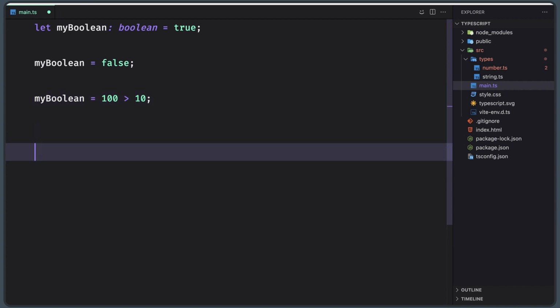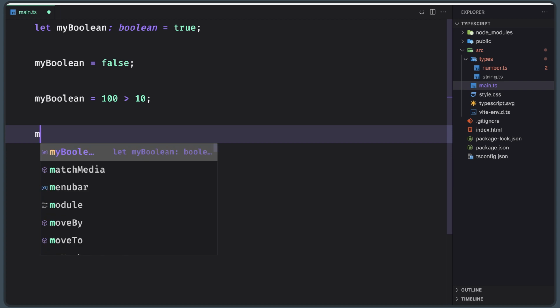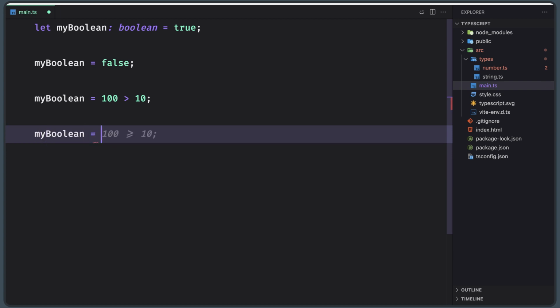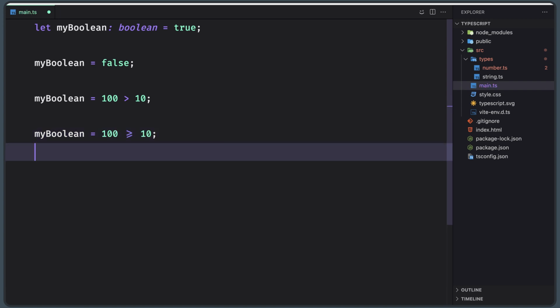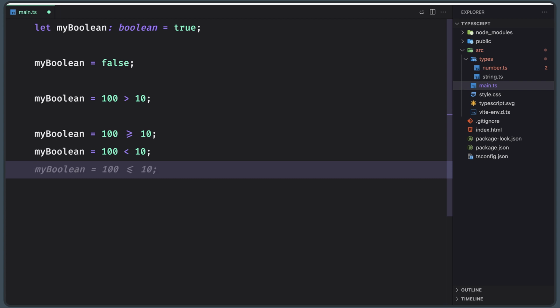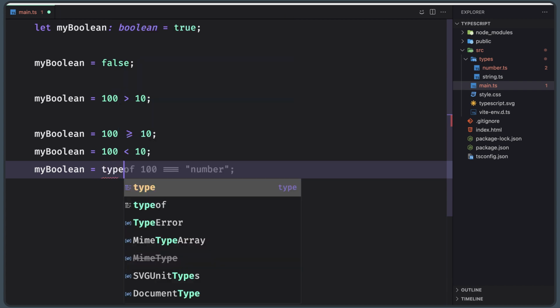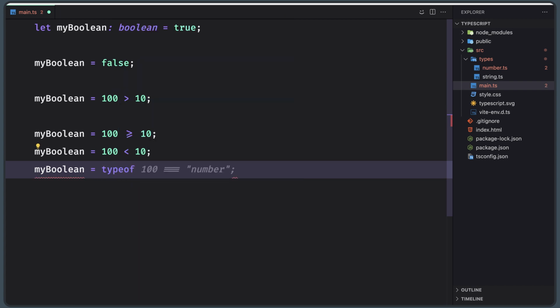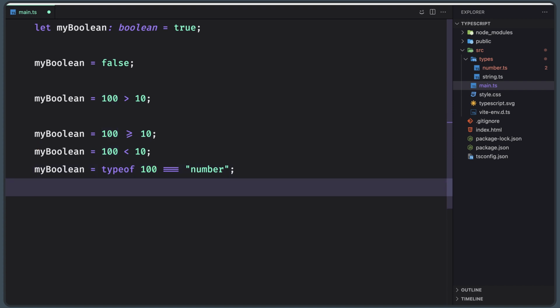Also, we can say right here, myBoolean to be equal with is greater or equal, yes, and also myBoolean to be equal with this one, yes. One more, I'm going to say myBoolean, and I'm going to use typeof 100 is a number. Yeah, as you can see, because 100 is a type of number, we have true,